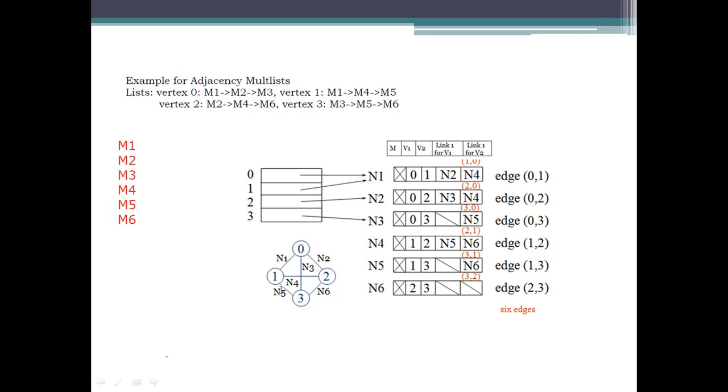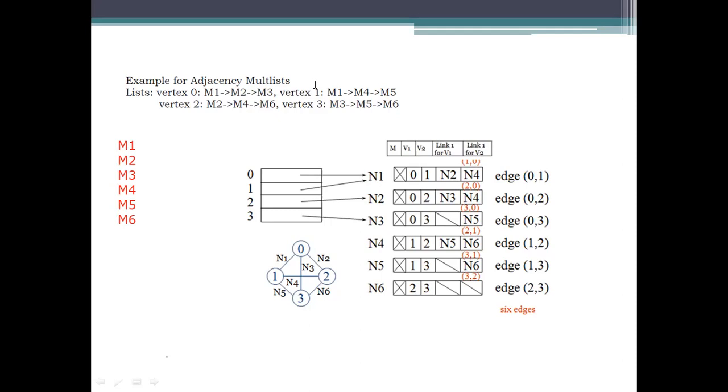The other edges we have here are three such edges, N2, N4, N5. We are using N4 here, and we need to specify whether it is from 1 to 0 or 0 to 1. So this one will be used for 1 to 0, this one for 2 to 0, and this one for 3 to 0. Why? Because here,